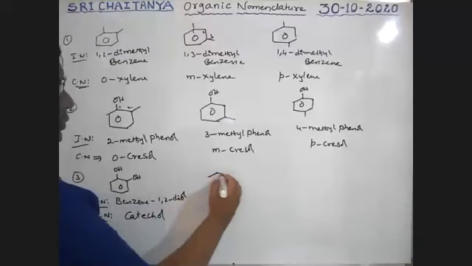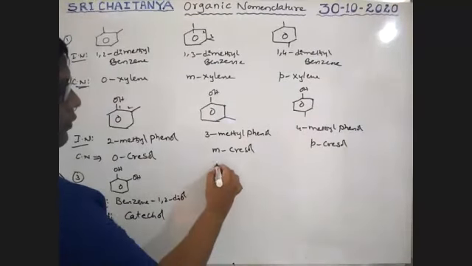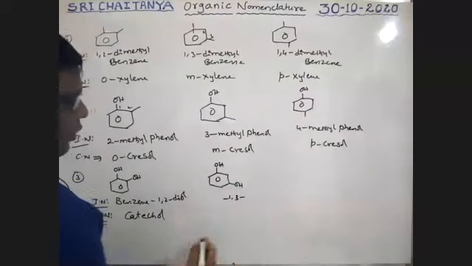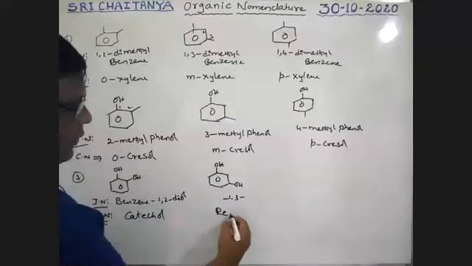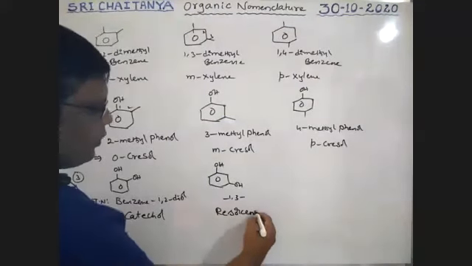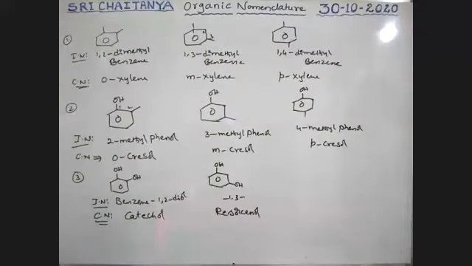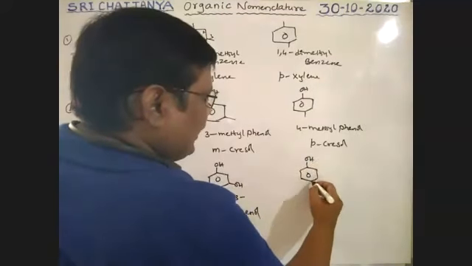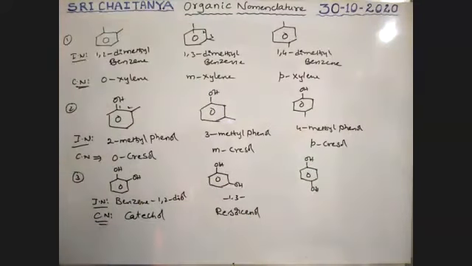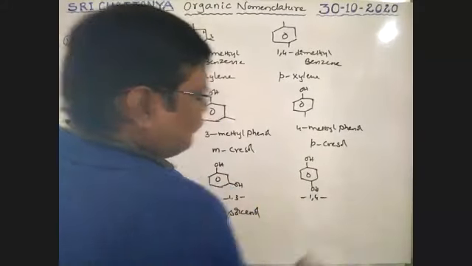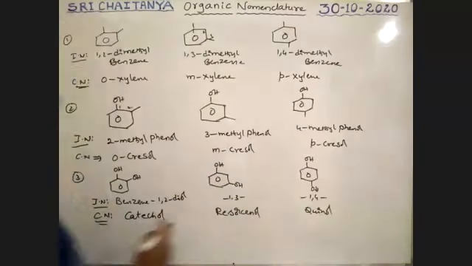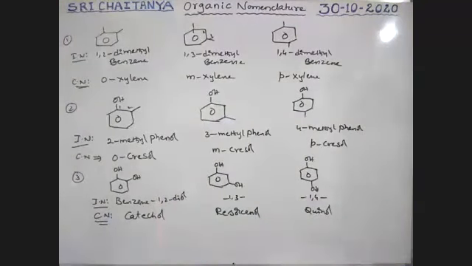So next, it is the 1,3 position, therefore benzene-1,3-diol. The common name is resorcinol. If 2 OHs are at the 1,4 positions, it is benzene-1,4-diol. It is commonly called quinol. Common name is quinol.